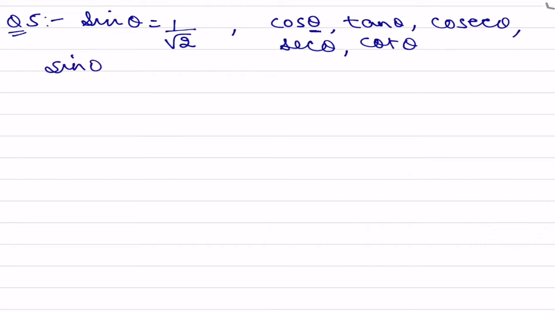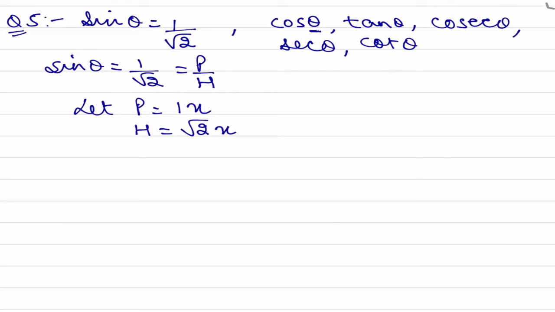One ratio is given and the rest 5 ratios you have to find out. As we know, the formula of sin theta is P upon H. P means perpendicular, H means hypotenuse. Now see, they have given it in the form of a fraction, meaning these are the values in the form of ratios. The perpendicular is 1 and hypotenuse is root 2. So we will let perpendicular be 1x and hypotenuse be root 2x. Here, children, if you do not consider x, then also your question will be correct, because here we don't know the third side. So how do we find the third side? With the help of Pythagoras theorem.